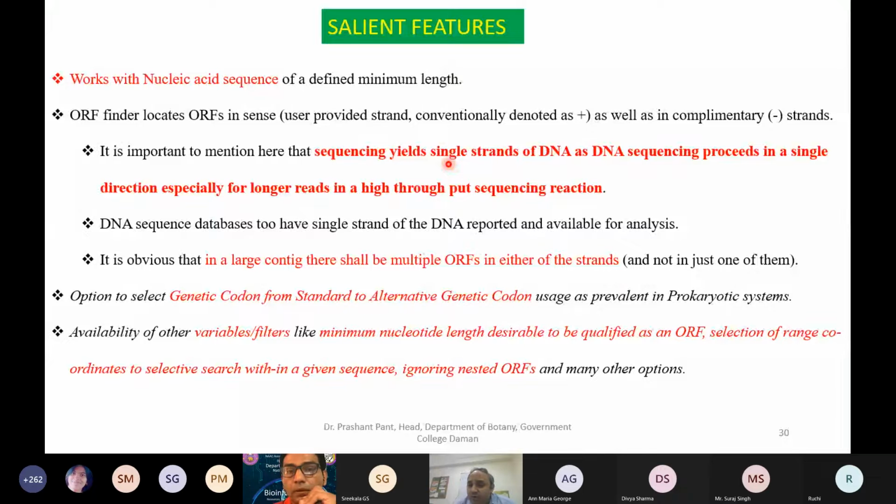NCBI, GenBank, DDBJ, all these databases just have a single strand of DNA. You report a single strand, you download a single strand, you align single strands, you always work with a single strand in bioinformatics. Because the second strand the computer can make, so no need for all that. But you have to remember that you are dealing with a single strand.